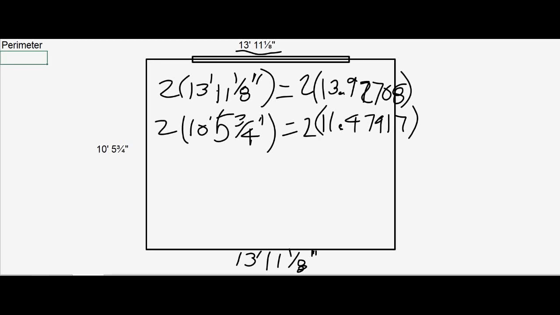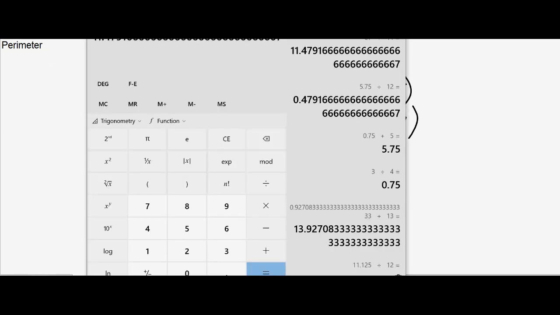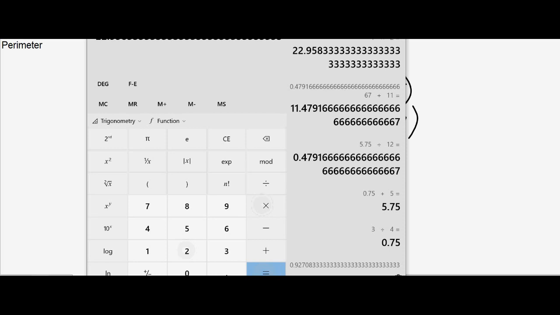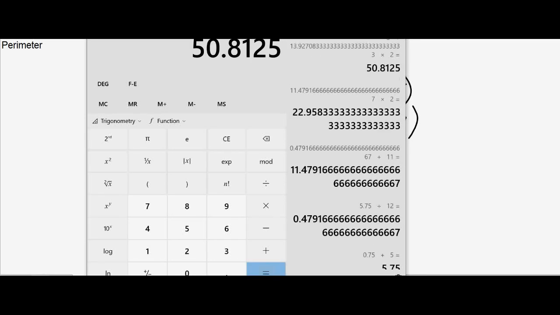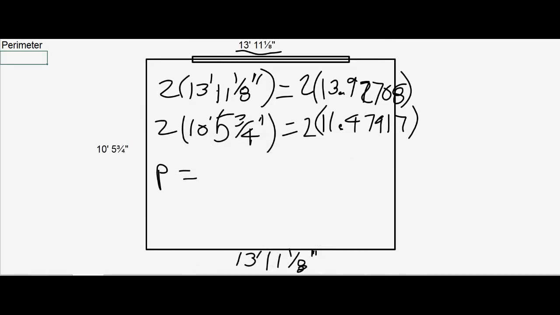I'm going to multiply that by 2. So to get my perimeter, I will multiply this times 2. So I do times 2, 22.958. I'm not going to bother to write that down, though. I can just do my plus, because I know my calculator does PEMDAS. So I'm going to say plus memory recall times, and you notice even though I push times, it hasn't done the addition, so it's waiting for me to do the multiplication. It's going to do the multiplication, and then it's going to do the addition. I get 50.8125. So my perimeter is